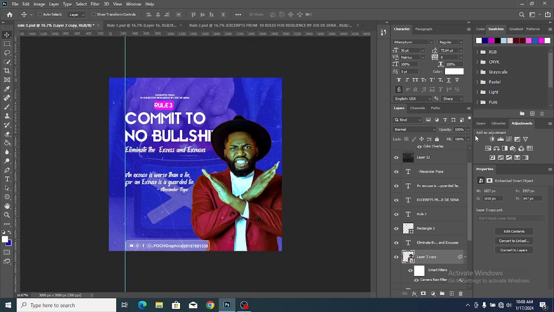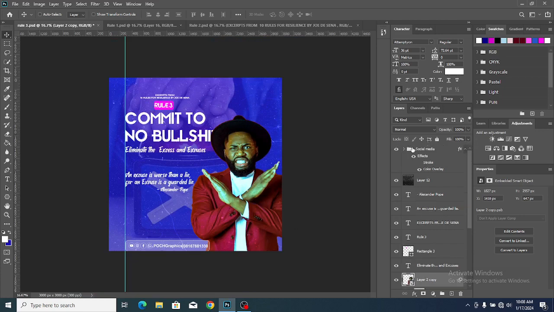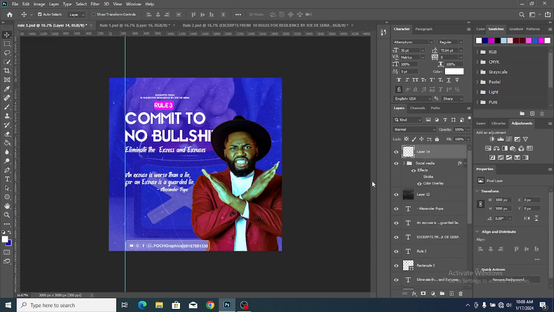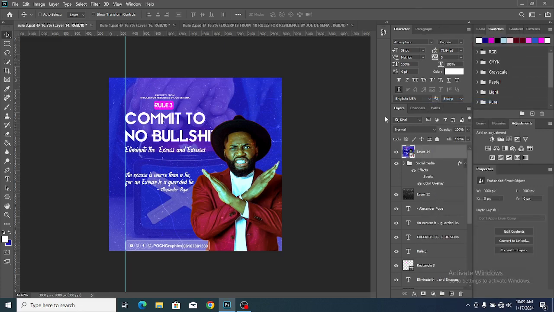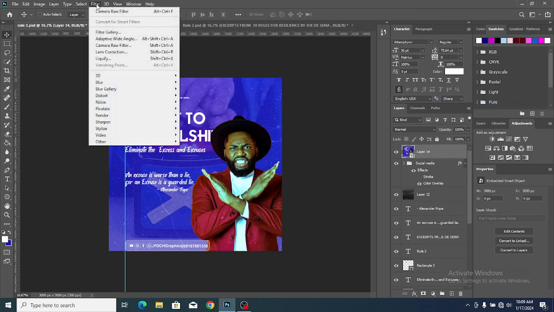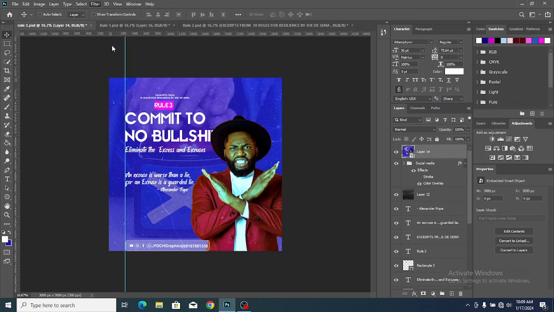Alright, so let me just create a stamp visible layer, so we can edit all the images, the letters and the background, everything together in Camera Raw Filter. So I'm going to be clicking on Control Shift Alt E to create a stamp visible layer, which is this. Alright, so I'm going to convert it to smart objects. Alright, so I'm going to my filter again, Camera Raw Filter,